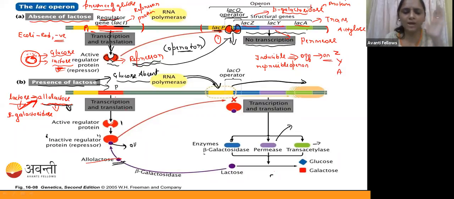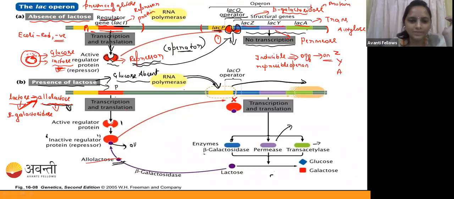Whenever the repressor comes alone, I will give a place for you. Whenever you come along with the allolactose, I'm not going to give a place for you. The operator is telling it like that. So now the repressor is not going to bind to the operator region, and the operator region is free now, right?